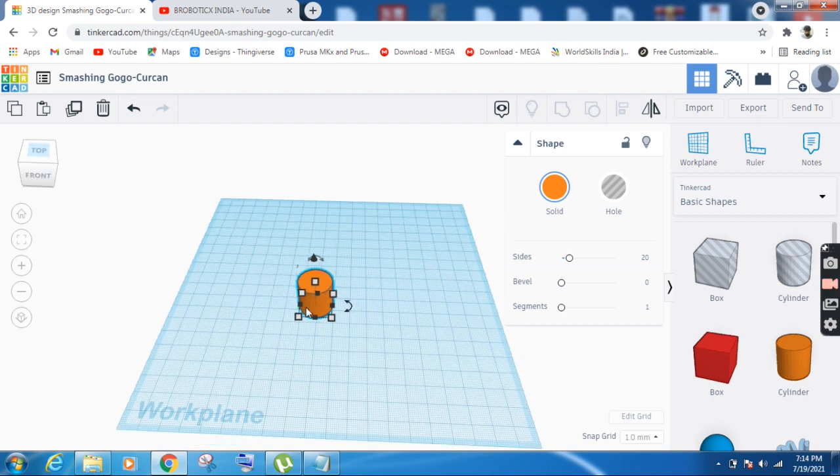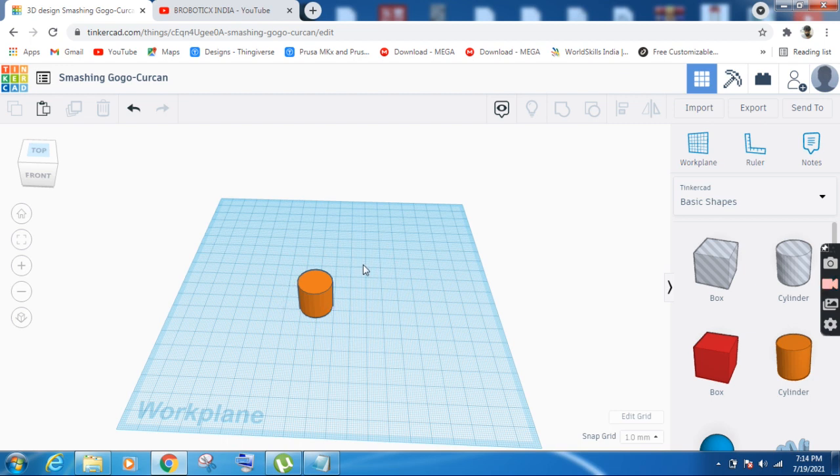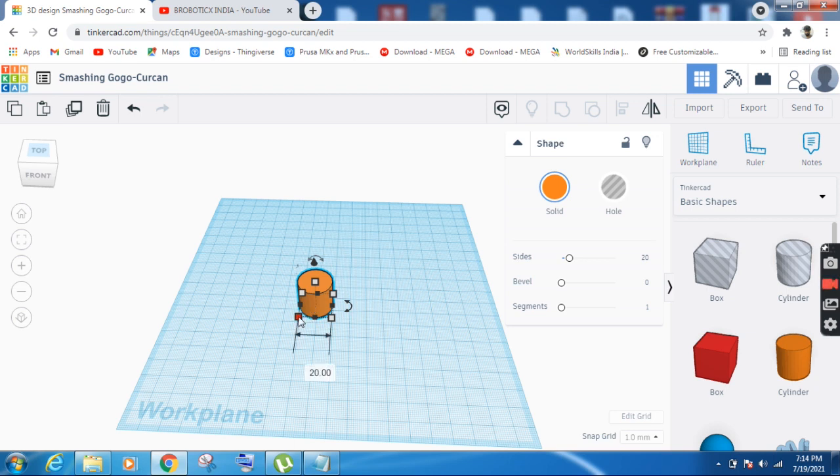Okay, so you can see when you are not clicking on the object, it will not show any dimensions. But if you are clicking on the object, you can change the dimensions of the object by clicking on these white color round shapes. Okay, so you can change the diameter and height. For changing the diameter, you can click the bottom, and for changing the height, you can click in the middle of this white color dot. So you can change the height of the cylinder.